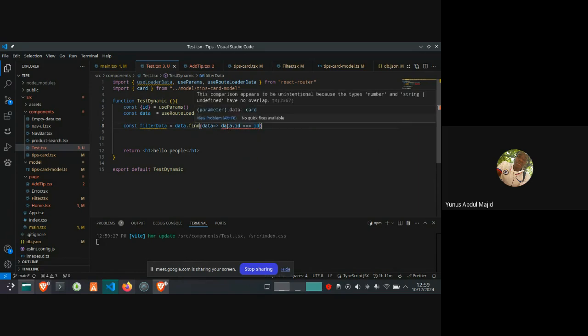This comparison appears to be unintentional because the types number and string | undefined have no overlap. So basically, I think the error message says that the id is a string. Yeah, the id is a string. So I just add a plus sign here. id is possibly undefined.